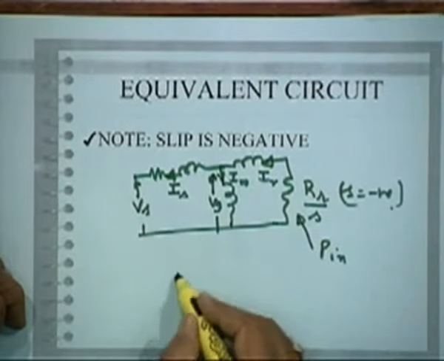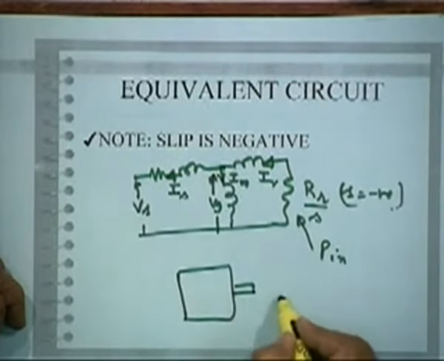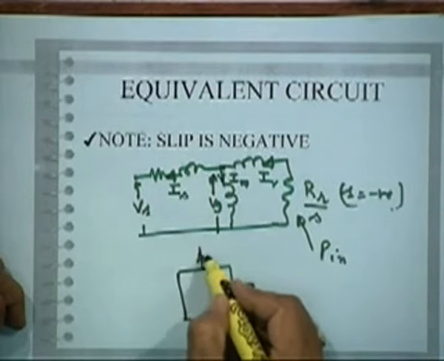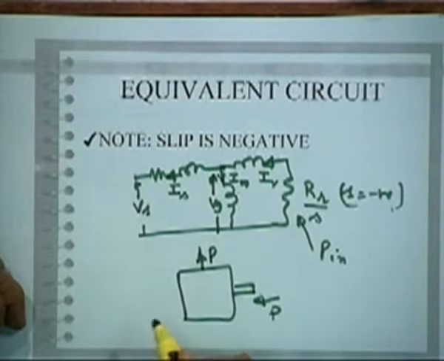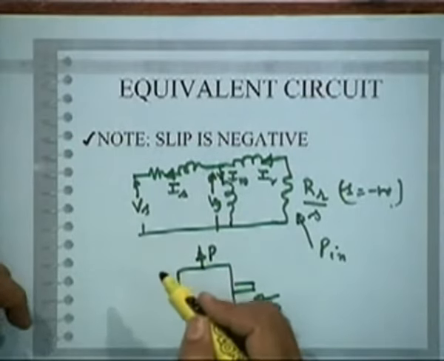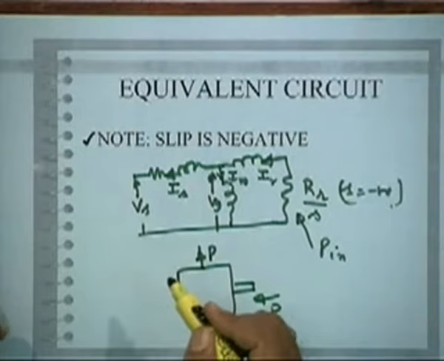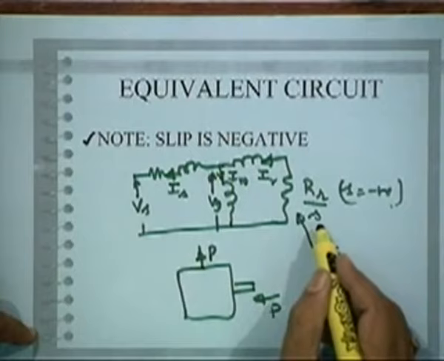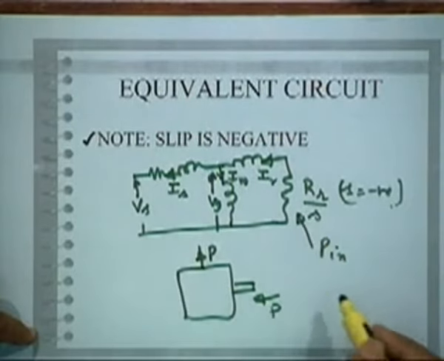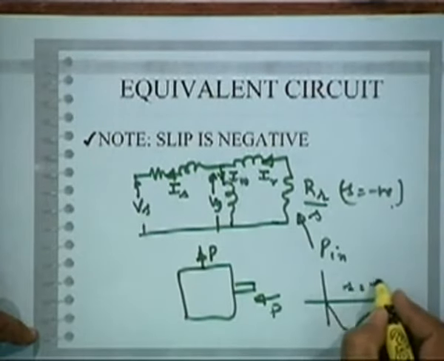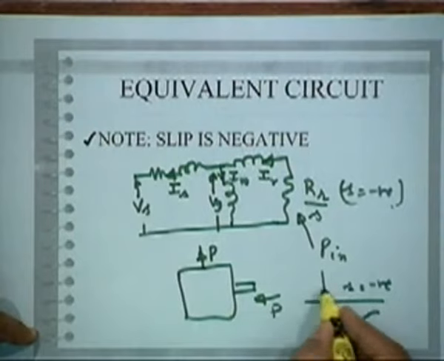After all, your whole system is, you are feeding power here and you are taking out power here at the terminals. So the power flow has reversed. It goes from rotor to the air gap to the stator to the terminals. Okay. So your power flow is the other way around. But because S is negative, it has to run at super synchronous speed, right? We have seen that your operating point will be like this. S is negative from 0. Otherwise, it was motoring, then it has gone into generating. Okay.